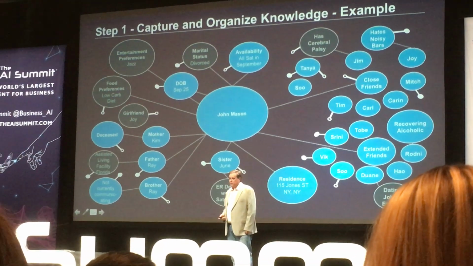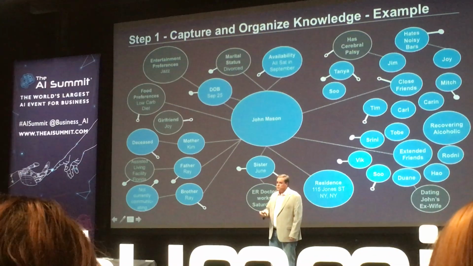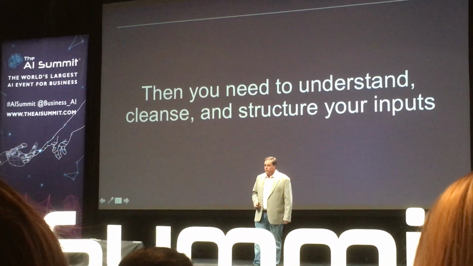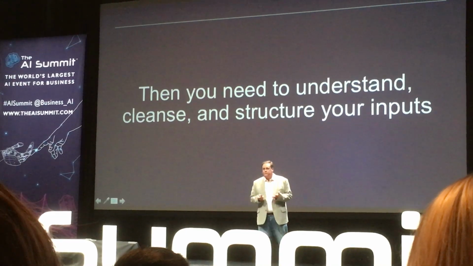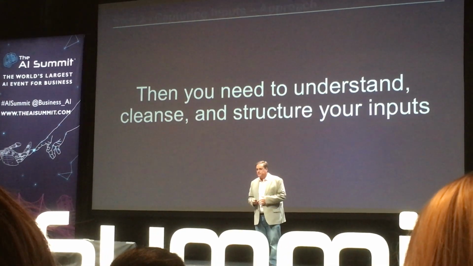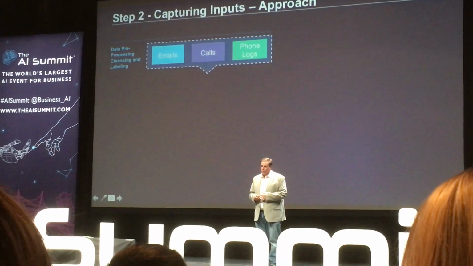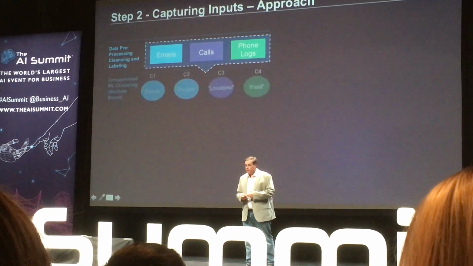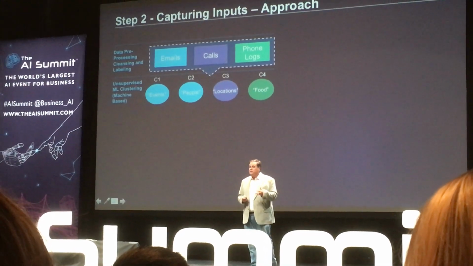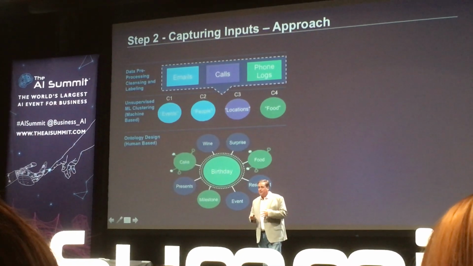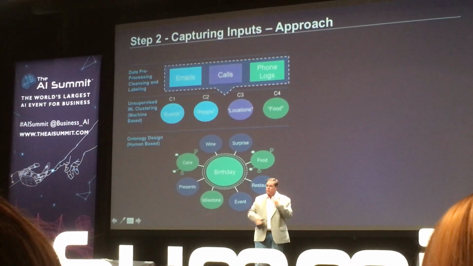Let's assume you'd be willing to put that in a database, and let's assume we were able to build this knowledge graph. Then we have to cleanse and structure. So I need every single email I've ever gotten from any person about any topic, and I need to cleanse it and organize it. So I have to do pre-processing. I got to label my calls. I got emails. I then do unsupervised learning to cluster that into different types of food and locations. I create an ontology. I have to manually go through it. I got to create that ontology.